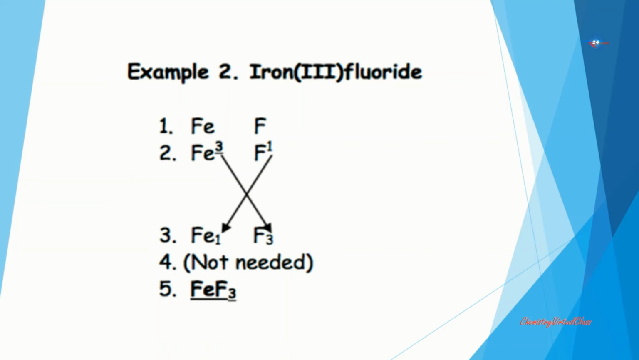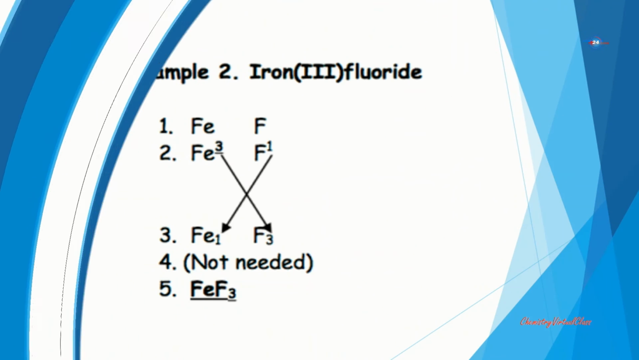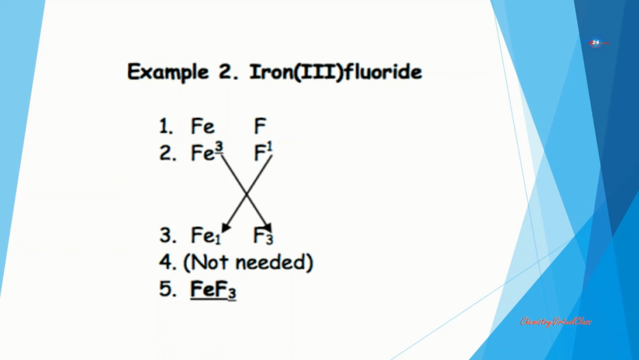And fluoride from fluorine. Fluorine is a halogen, therefore it gains 1 electron to be stable. Therefore, the valency is 1. And the valency of iron 3 in that case is 3. So when you swap the valencies, 1 goes to iron and 3 goes to fluorine. Therefore, you ignore 1 and you retain the 3. So therefore, iron 3 fluoride is